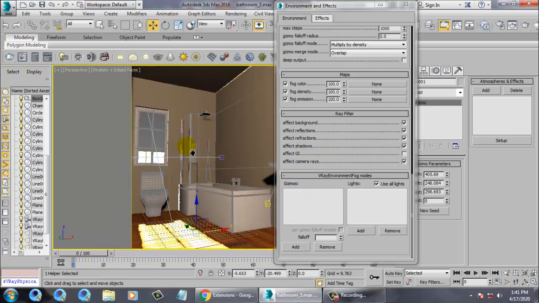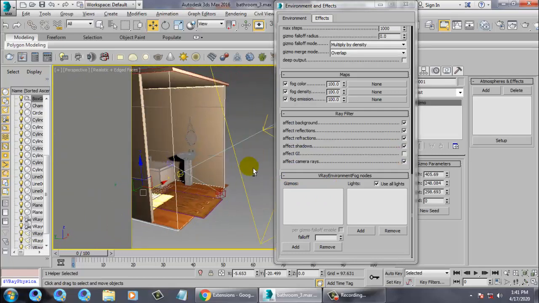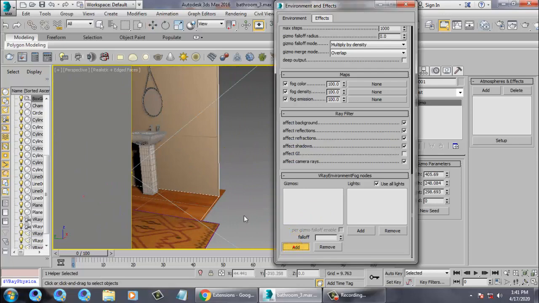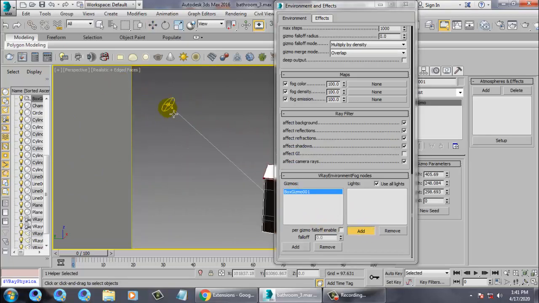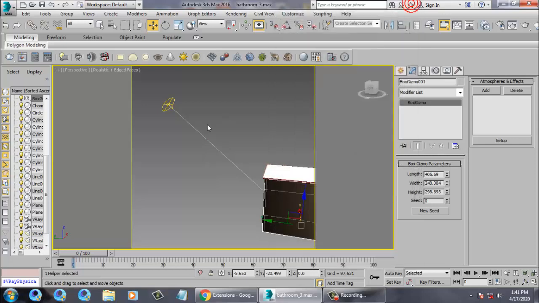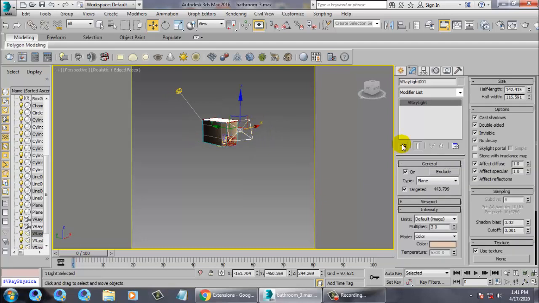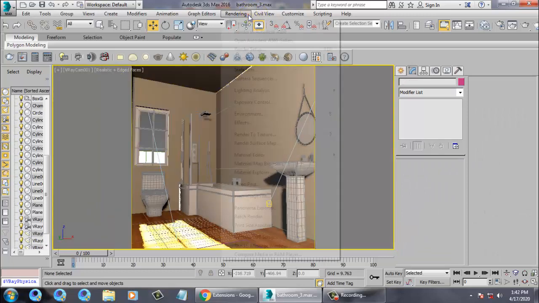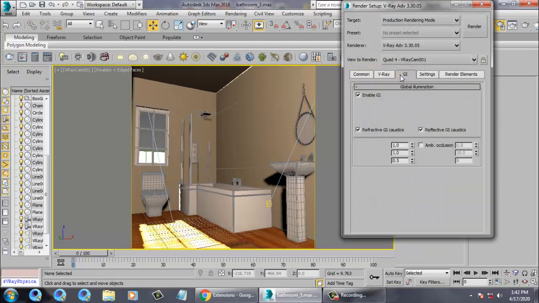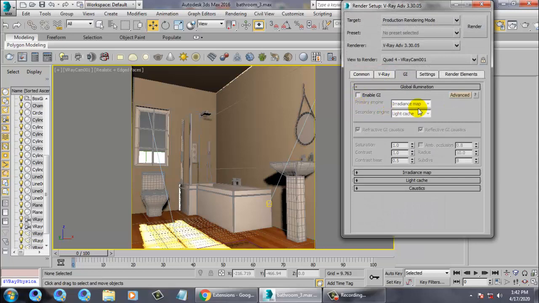Let's go back to the perspective over here, and let's add a gizmo. Once you add this gizmo, let's add V-Ray sunlight over here. That's it. Alright. Before doing such steps, let's go back to the V-Ray light and increase or decrease this multiplier. Make it 4 over here. Let's go back, go into rendering, render setup, and off this GI, and let's render it.